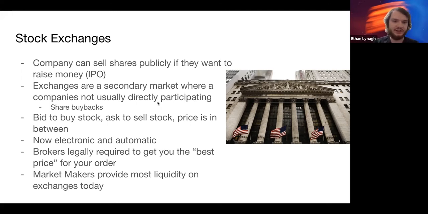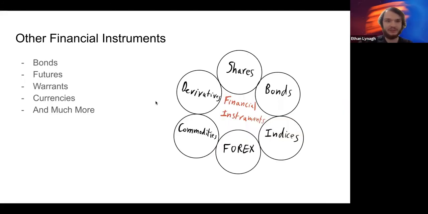So this is kind of covering stocks so far, but I do want to mention there's a bunch of other financial instruments you can cover. You have bonds, which are your classic debt instrument. This is how companies will usually, if they want to pay for some big purchases, sell bonds. Essentially, you're giving the company a ton of money at the start, and then the company will pay you back over the course of the bond's lifetime. It's kind of like a loan, but handled a bit more structuredly.